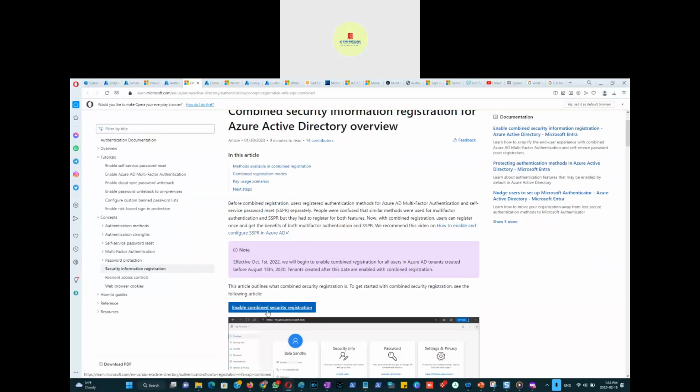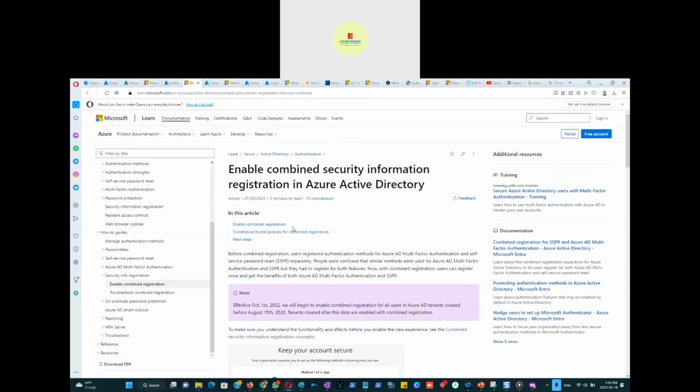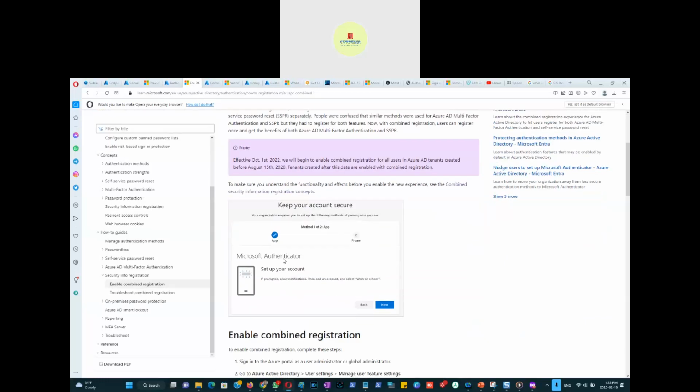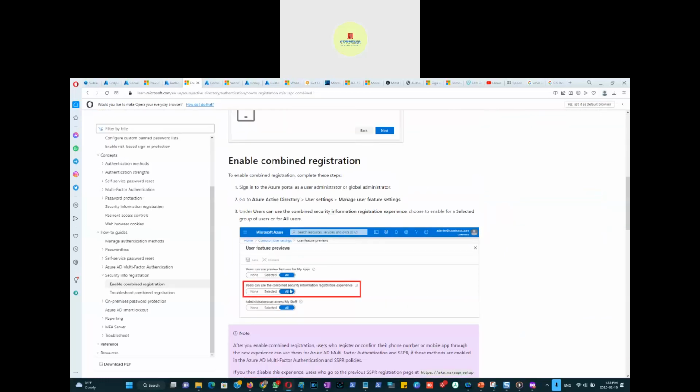So I'm just going to click combined security here. I'm going to go inside, enable combined security registration. Enable combined security. Keep your account. Okay, so this is it. You have to go to Azure Active Directory, user settings, manage user feature settings. You can use the combined security information registration experience. Choose to enable for a selected group. Okay, from here, yes. Normally we have all selected here, but if it's not all selected, you can click